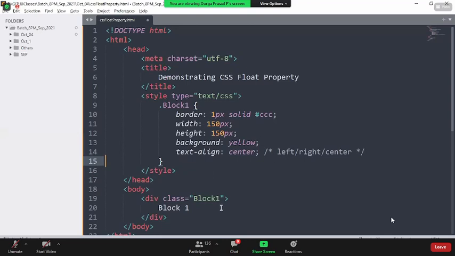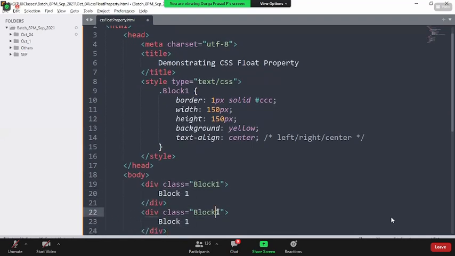So the next part is I simply created a container. Now I would like to add another element here, something like block 2. It is recommended to have the class name start with only a small letter. Guys, if you're not talking, please go on mute.